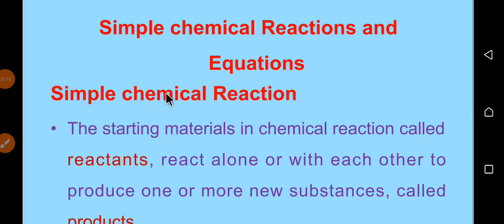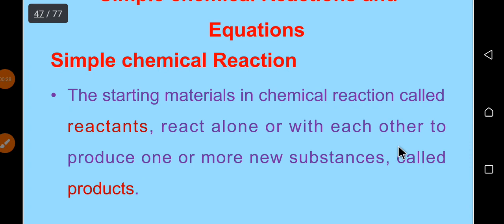The first one is simple chemical reaction. The starting material in the chemical reaction is called reactant, and reactants react alone or with each other to produce one or more new substances, which are products. እንግዲህ በኬሚካል